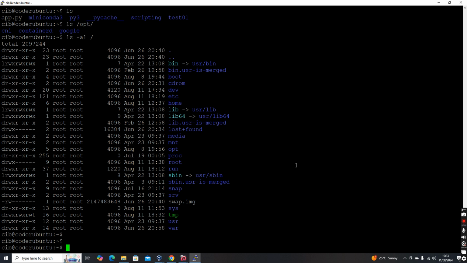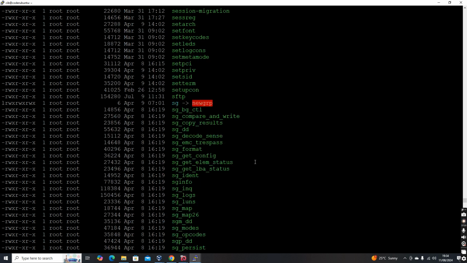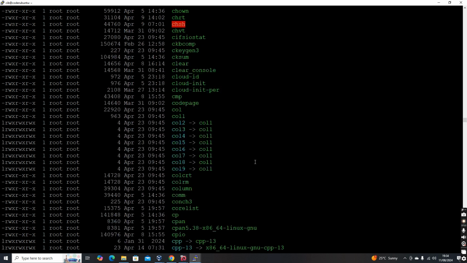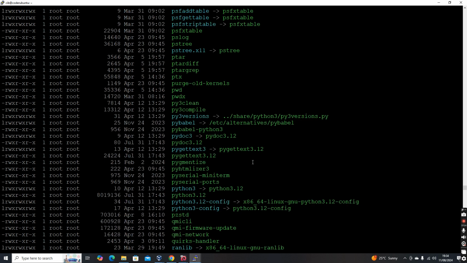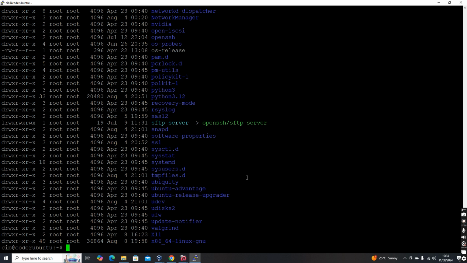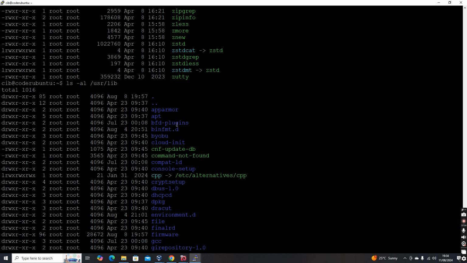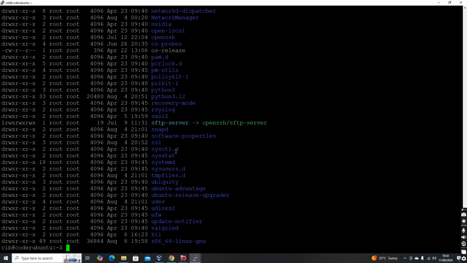Now this is the place where the application binaries are kept, like /usr/bin, all the symbolic links, the custom binaries, all of those go inside the usr location. Under usr it is not just bin, there is lib. These are the libraries. For example, the Python and Java default installations all go inside /usr. You can see Python 3 here.